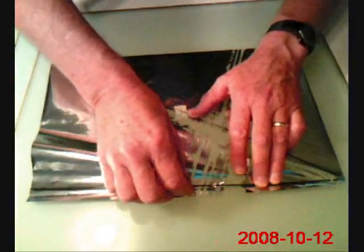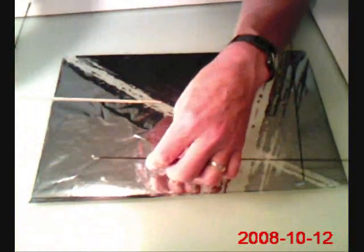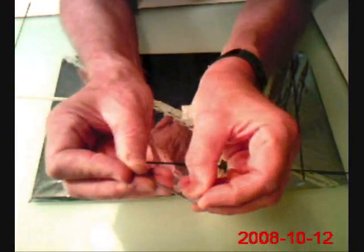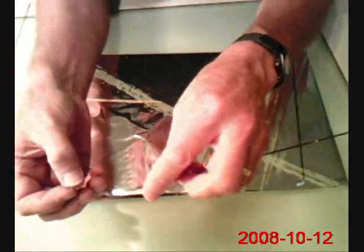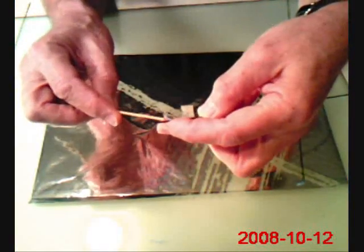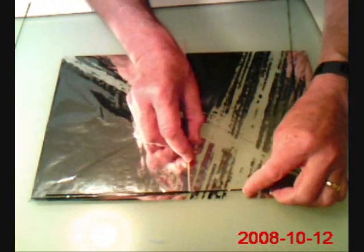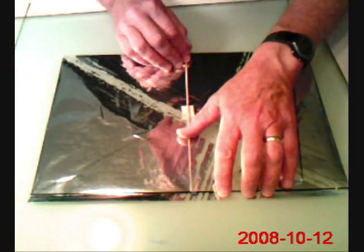install in the kite, and in the middle of the leading edge spar, I've got another piece of tubing that I simply used a needle, put the needle in one end, bent it, and then punctured that outer edge with the needle. And then I slide the leading edge spar, the end of it, directly in one end and out that hole that I made with the needle, and then on the other end I insert the leading edge end of the spine, so that once I position this, it will be about like this and held in place,